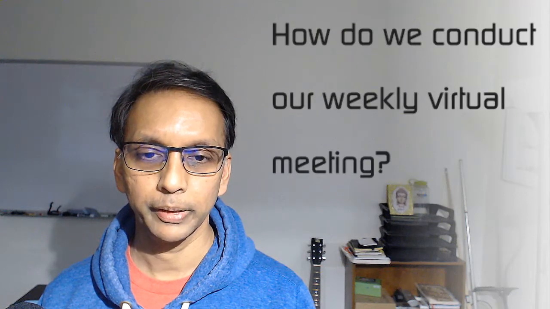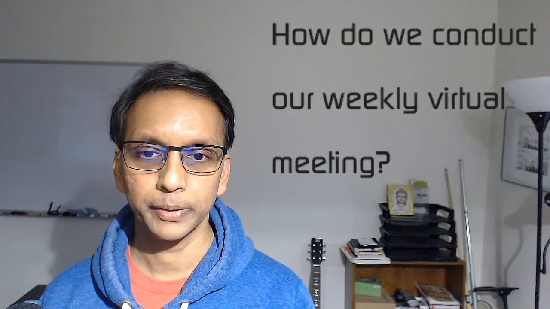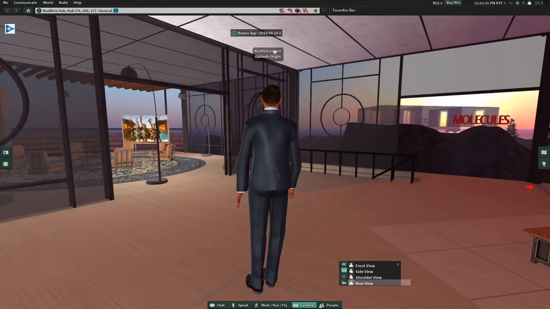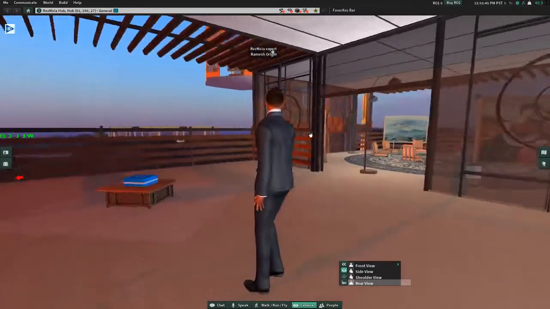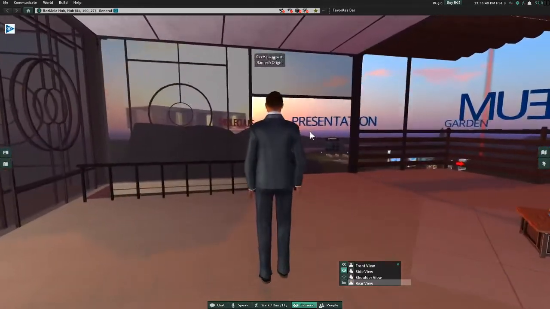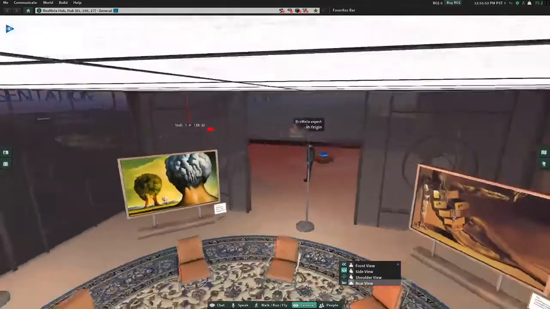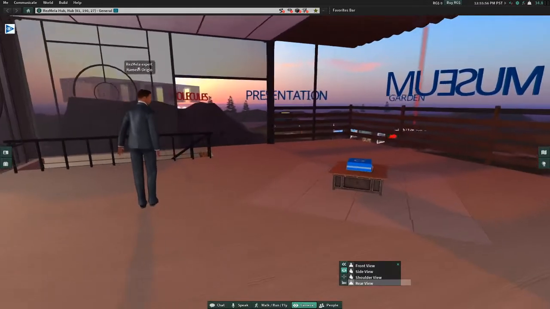Okay, so let me get rid of this text, and I'm going to go straight into the browser. So this is the room that we usually meet in. It's in a building on our virtual island, and